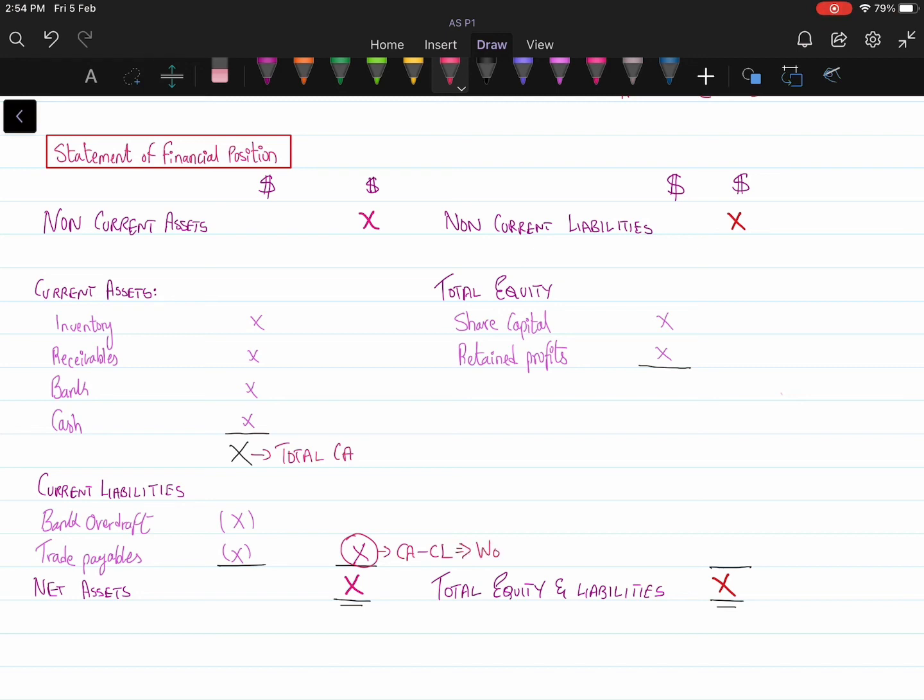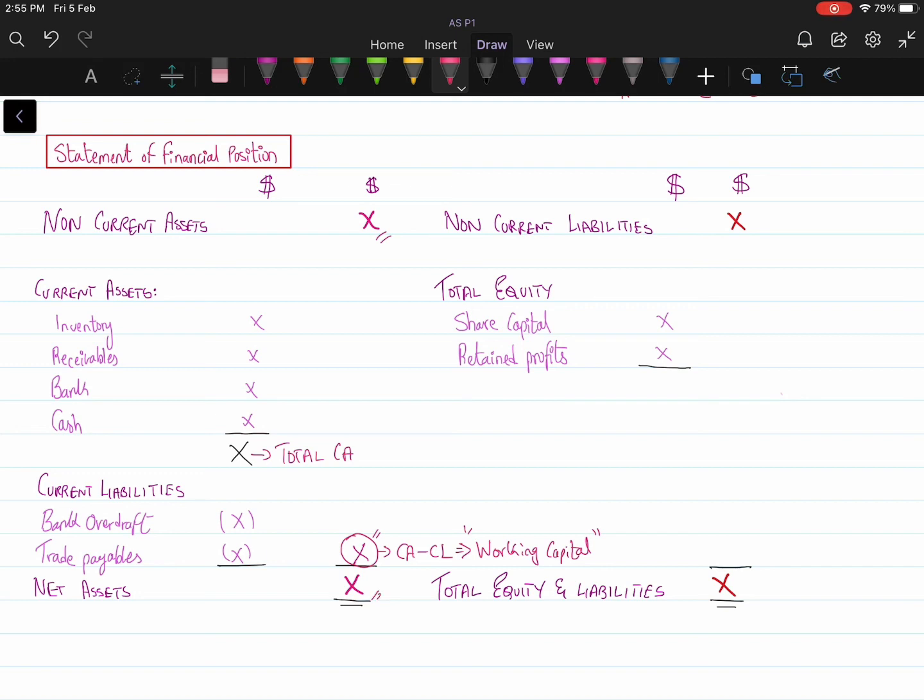The surplus of current assets over your current liabilities is an amount that is known as working capital, which has so much significance for all those businesses out there, because this amount is referred to as the lifeblood required to pay for the day-to-day expenses and facilitate the running of the business on a daily basis. And this amount is extremely crucial, because if you don't manage this amount well, this may cause crisis when it comes to payment of your current liabilities or your short-term debts. So once you have your working capital with you, you add the non-current assets, the figure you can see at the top, with the working capital in order to get the amount that is known as net assets.